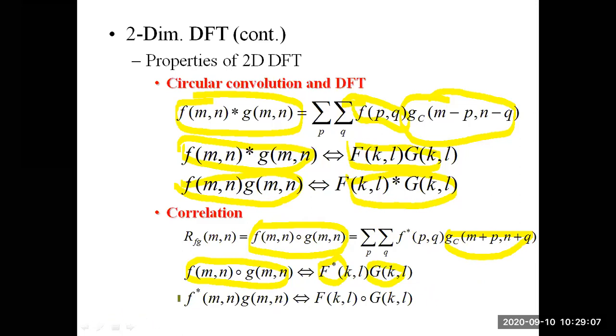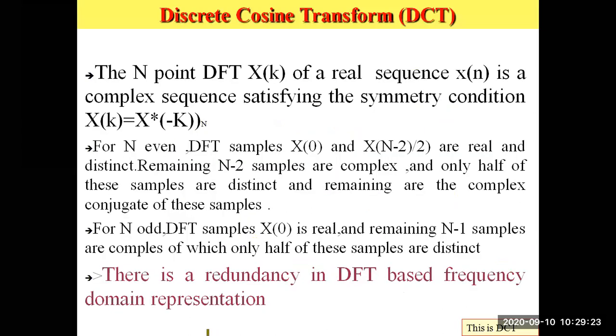Similarly, the product of the conjugate of an image in the spatial domain with another image is equal to the product of the two images in the frequency domain. So, same as with your signal, there is no confusion. Next, this is about the discrete Fourier transform in two dimensions, and next the discrete cosine transform.